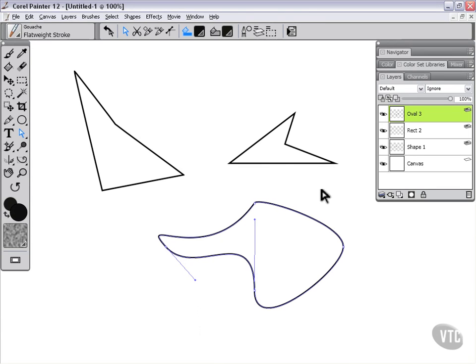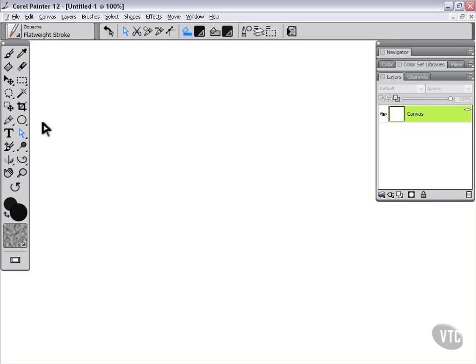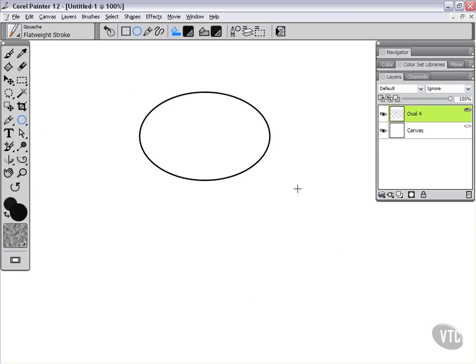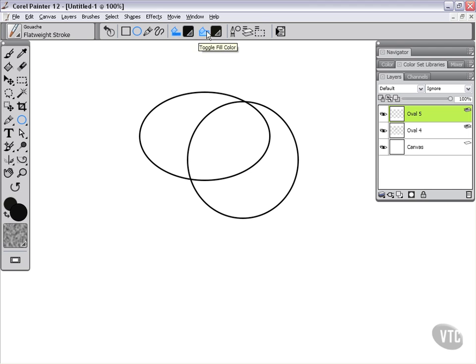Now, in addition to working with these guys, if I go ahead and I move this guy over, and actually, you know what I'll do here? I'll just delete these 3 and we'll start brand new, fresh. Come up here to the oval tool and we'll just create an oval and then we'll create another oval. Now these 2 ovals are overlapping, and what you can see here is that we basically have 2 black strokes that are intersecting. However, if you come up to the property bar, you'll see that we have a stroke color,